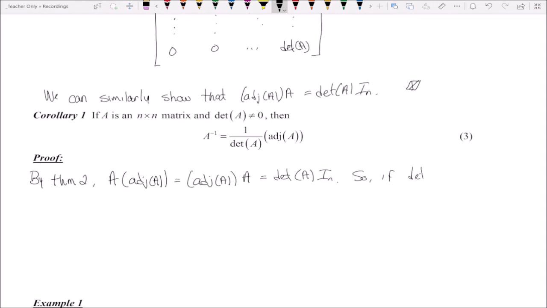So if the determinant of A is not equal to 0, we're allowed to divide by it. Right, so we get A times 1 over determinant of A times adjoint of A,